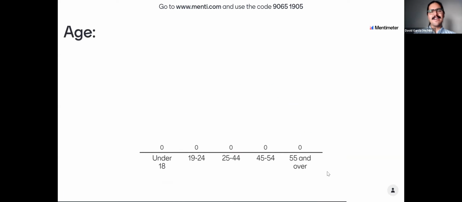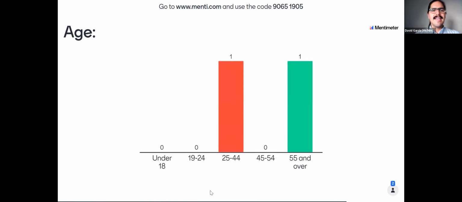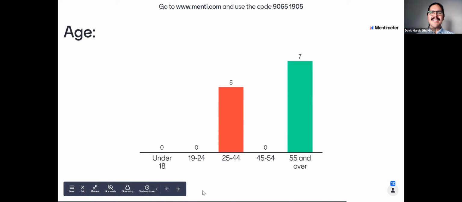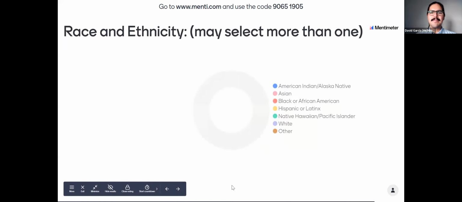And moving on, now that we've gotten to know each other a little bit better and our ideas, we want to know a little bit more about you all. We want to know who's in the room, our different age brackets. So we have some people from 25 to 44, some people 55 and older. It's interesting that staying in those two columns. Any 45 to 54-year-olds in the crowd or anyone under 24? Okay, we definitely will work on connecting with our youth more in the future. Thank you so much for this input.